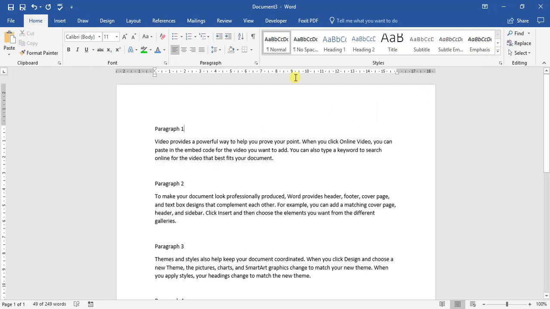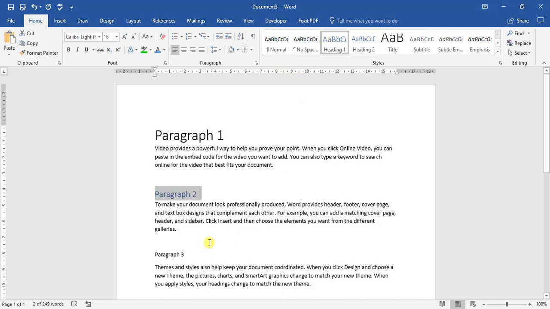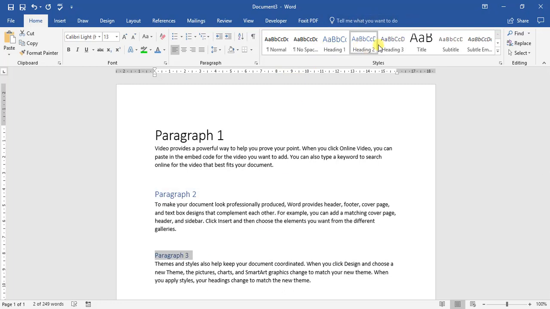Now, one of the advantages of using a style, especially if we highlight, for example, the first one, make it a title. If we go to paragraph 2 and we select heading 1, paragraph 3, make that heading 2. As I select heading 2, you can see heading 3 appears. So one of the advantages of this is this can help you create a table of contents very quickly by